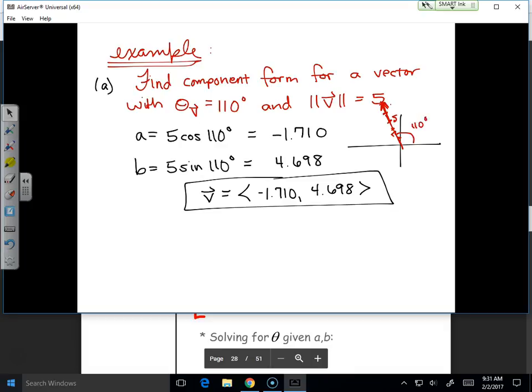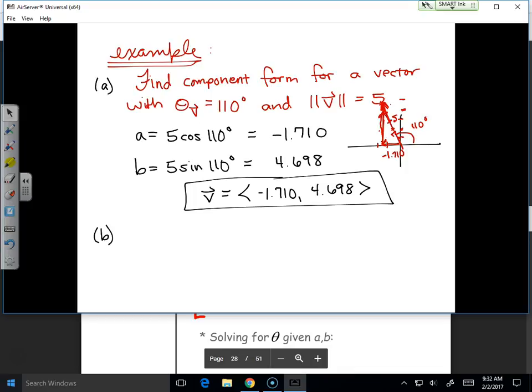What does our negative 1.710 and 4.698 show us? You go negative 1, negative 2 would be a little bit before. There'd be our negative 1.710. And our positive 1 and a 2 and a 3 and a 4-ish, and it's a little bit more than 4-ish. So our components tell us another way of doing it, but they both end up at the same place. They both end up at that vector in the second quadrant that's going northwest, more north than west. Okay? Now, the whole adding 180 or adding 360 is if they give you something else, and if instead they say,